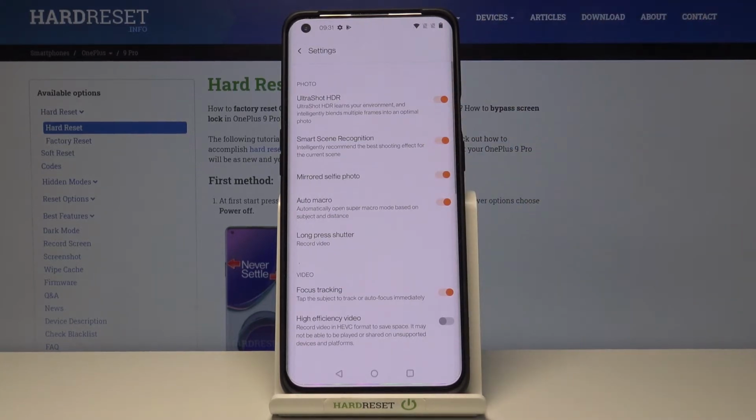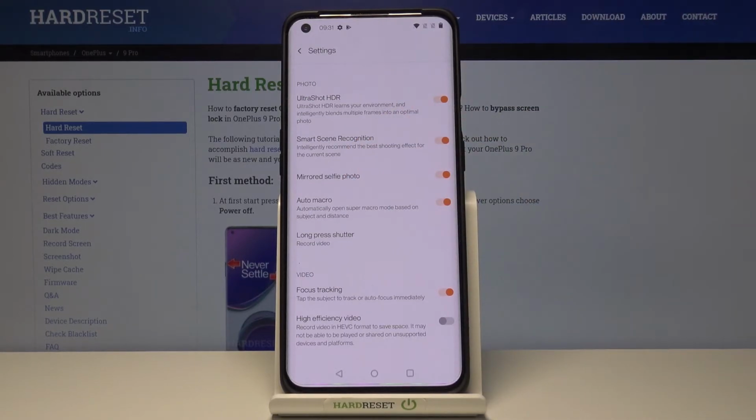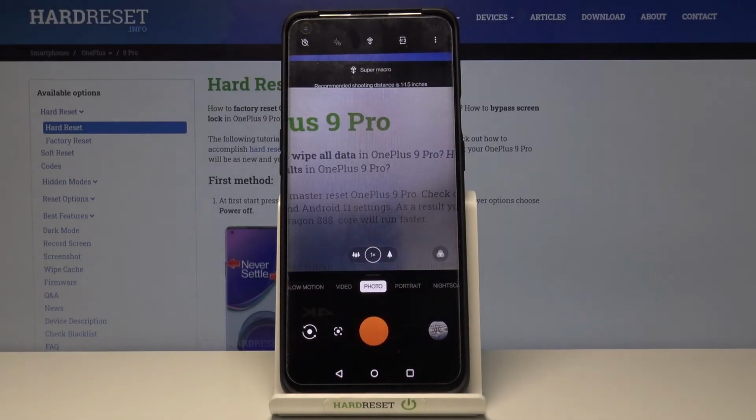And of course remember that this only works for selfies, so we have to change back camera to the front one. We can do it by going back to the camera and tapping on this